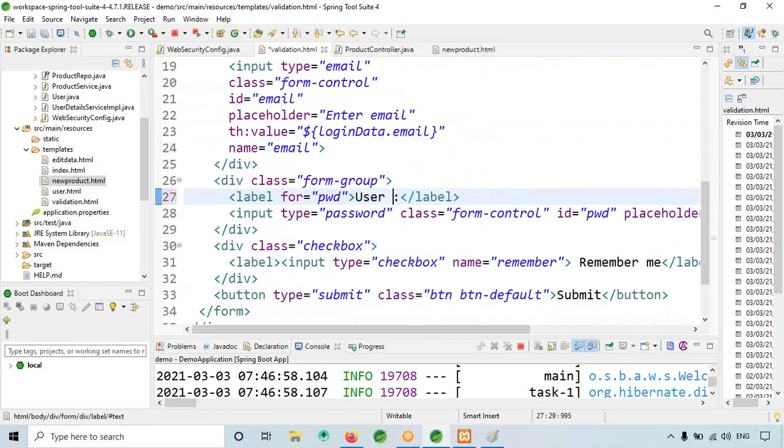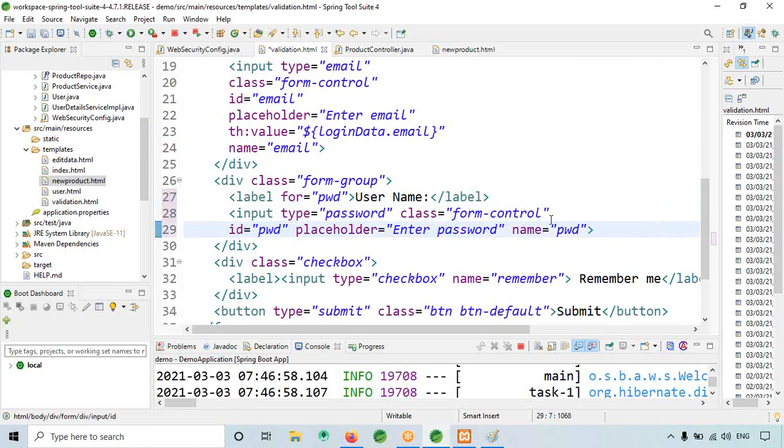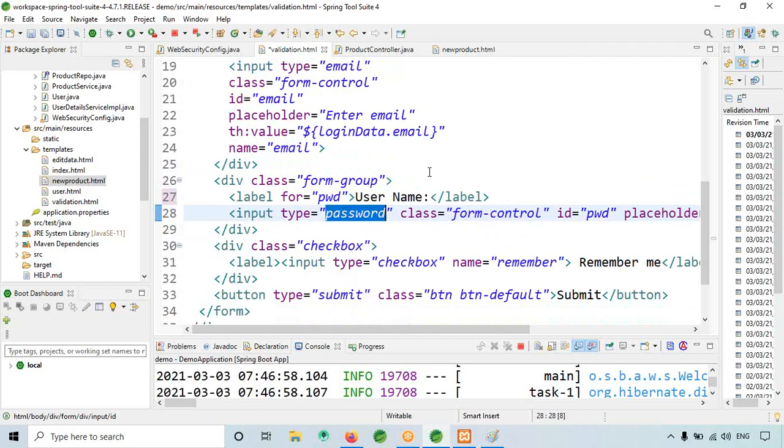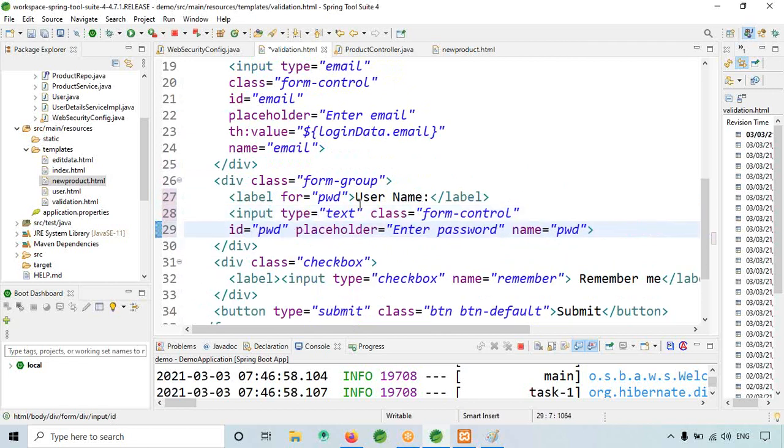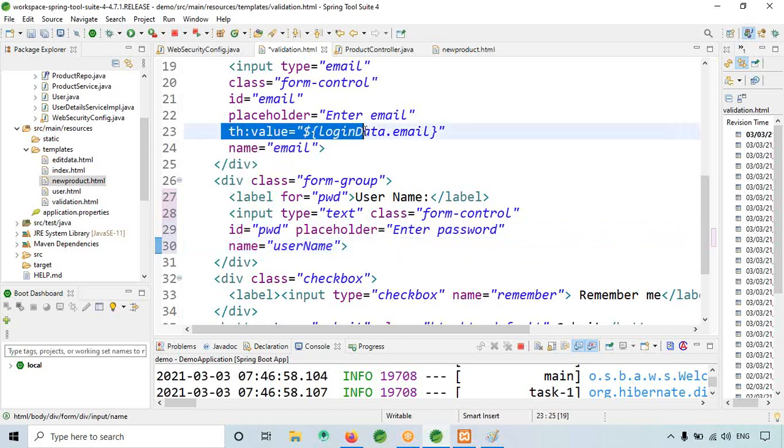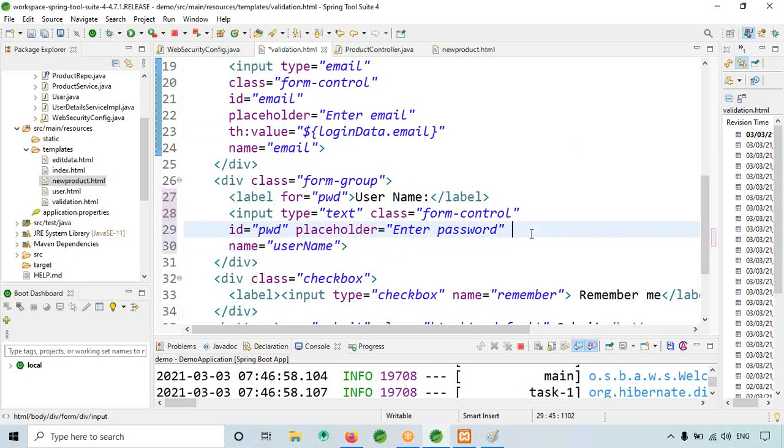So id is here, and for username I will give name as username, like this. And similarly, email I'm giving.